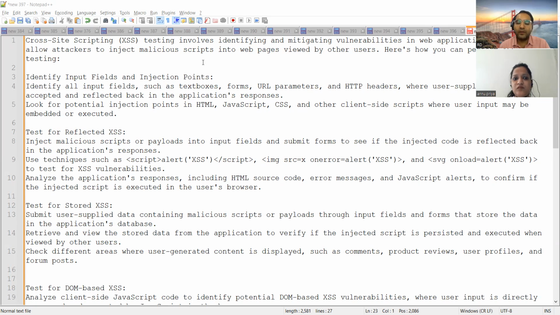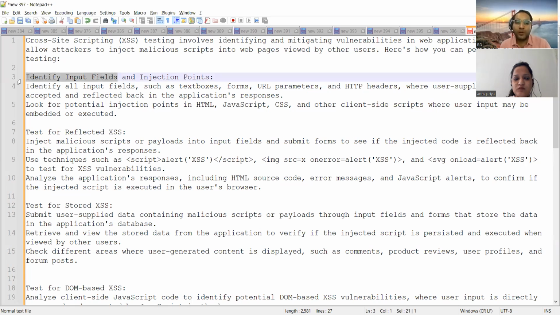For example, you are entering login parameters in the username and password fields, which are text boxes where the user has to provide data. There you can check for this kind of cross-site scripting.